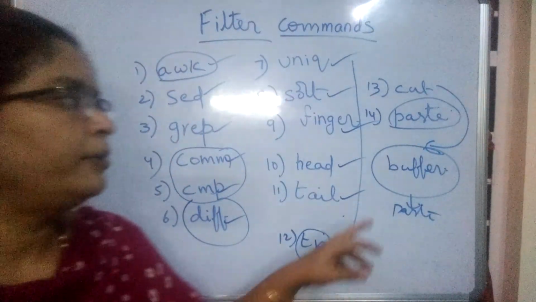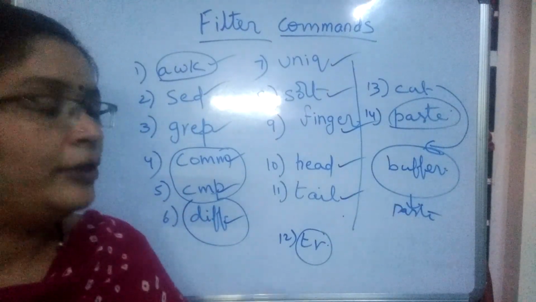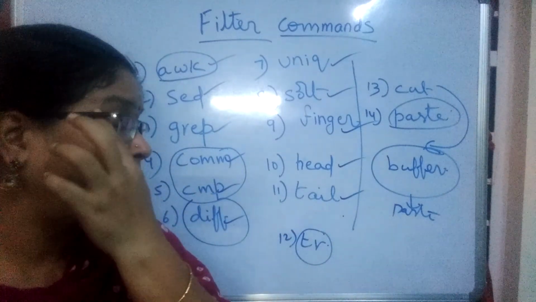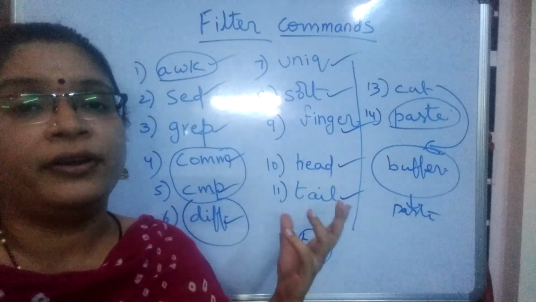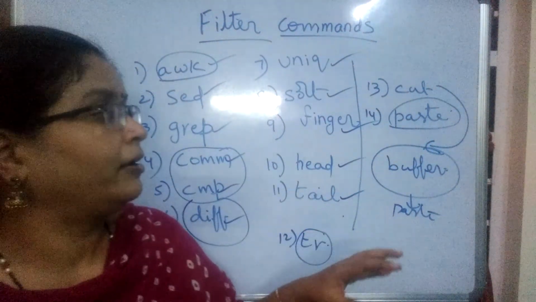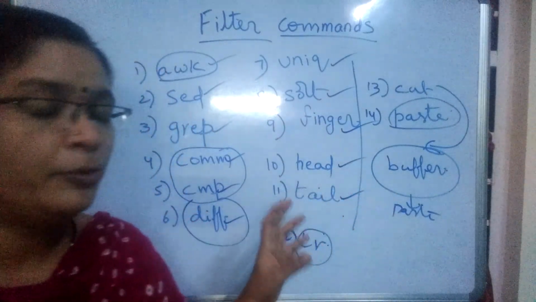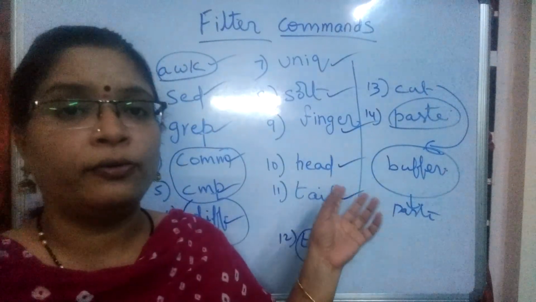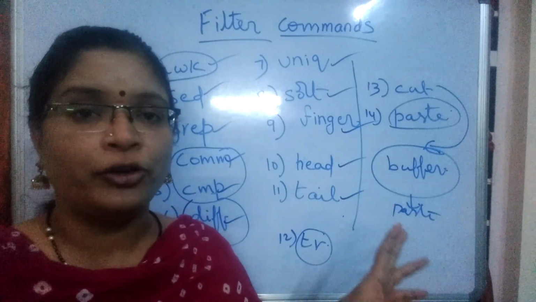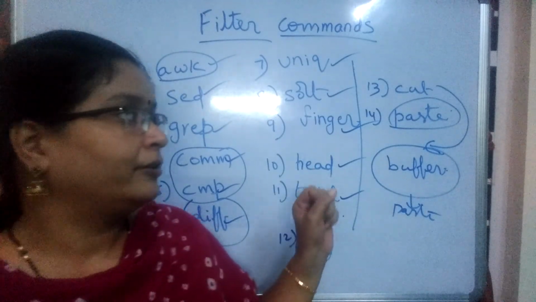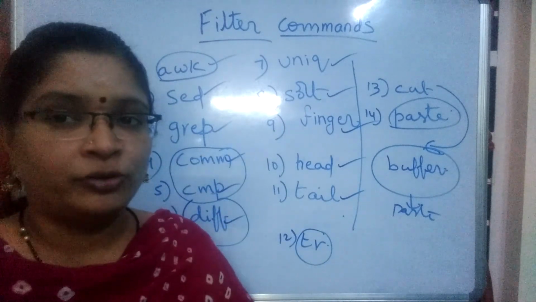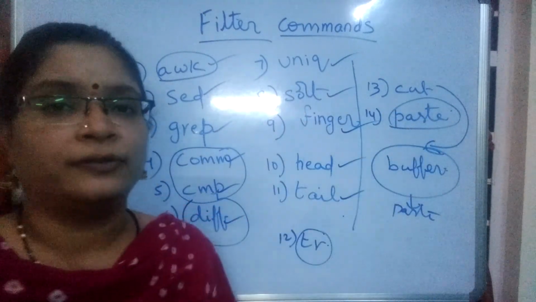So the standard input, standard output buffer will be there. There this will be stored and this can be accessed from that buffer, and again it can be pasted wherever it is required. Like that the cut and paste commands will work. They utilize the standard input and output buffer to put the cut text, the text which is cut according to the requirement, and to extract the text which is going to be pasted. In the coming videos we will discuss this cut command as well as the paste command.